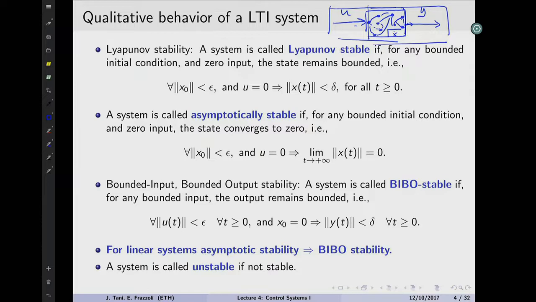Now, last class, although I said it right, there was a mistake in the slides. So asymptotic stability implies BIBO stability. If the states all converge to 0, well, the output is Cx, so it's just a linear combination of the states. It will be bounded as well. But the inverse is not necessarily true. So last time we wrote equal. Equal implies both directions. Actually, it's only one direction, right? Because you can have a bounded output, send finite energy in, get finite energy out, but some of the states could go nuts in the meantime. We'll get to that later on.